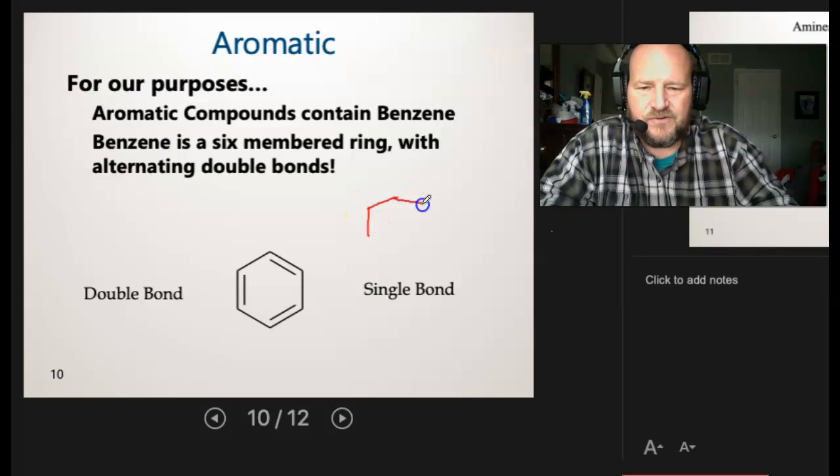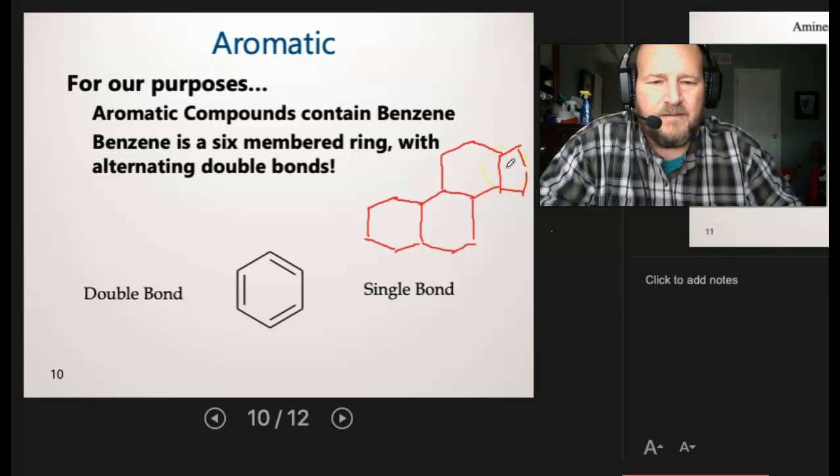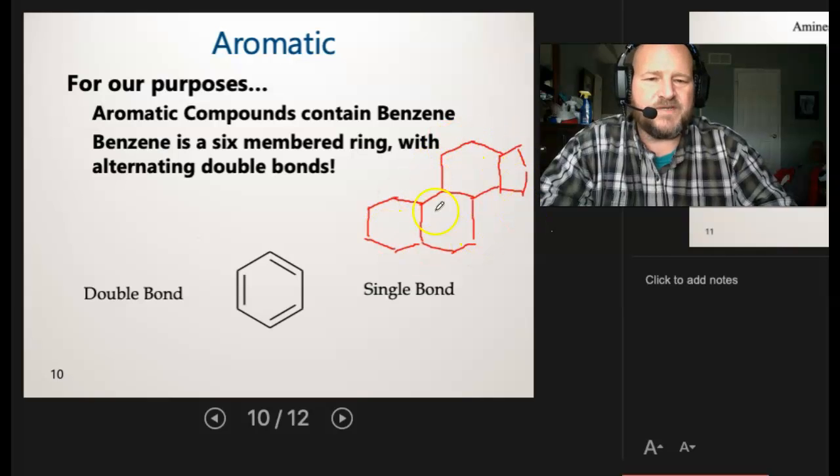Now be careful with this, because some of the compounds that we like to use when we're looking at functional groups are called steroids. And steroids have a fused ring system to where we'll have like 6-membered rings that kind of fuse together. And then finally we'll have a 5-membered ring on the end. And that's our stereotypical backbone for a steroid. And then we'll have different functional groups coming off that.